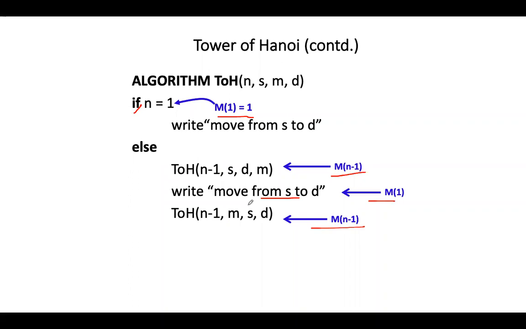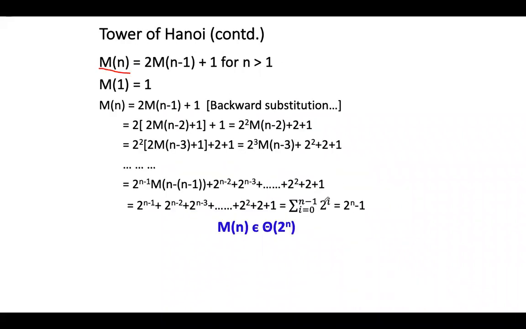Okay, this is also one operation. It's also one of the operations. So all these are basic operations themselves: 2M of n minus 1 plus M of 1. Where M of 1 is, if the n value is 1, again, it will be 1 only. Here it is not 0. It will execute one move operation. Here movement is one operation.